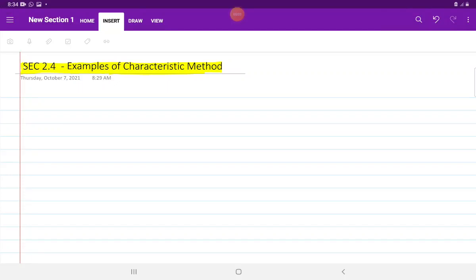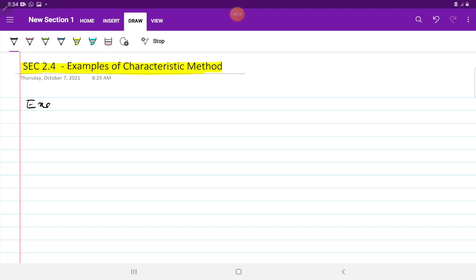Hello all. Today we discuss the examples of the characteristic method for solving the first order quasi-linear PDE. We are doing example 2.3 of the textbook Introduction to Partial Differential Equations by Yehuda Pinchover and Jacob Rubinstein. The problem is to solve the equation